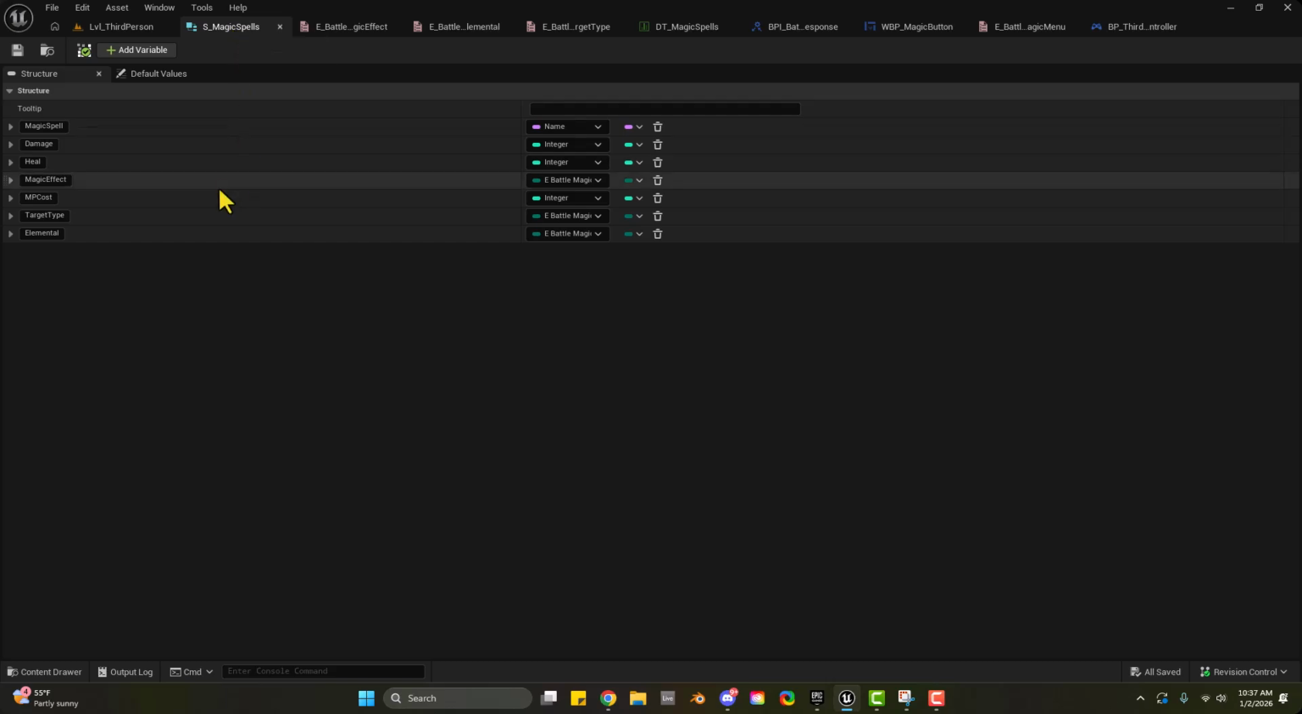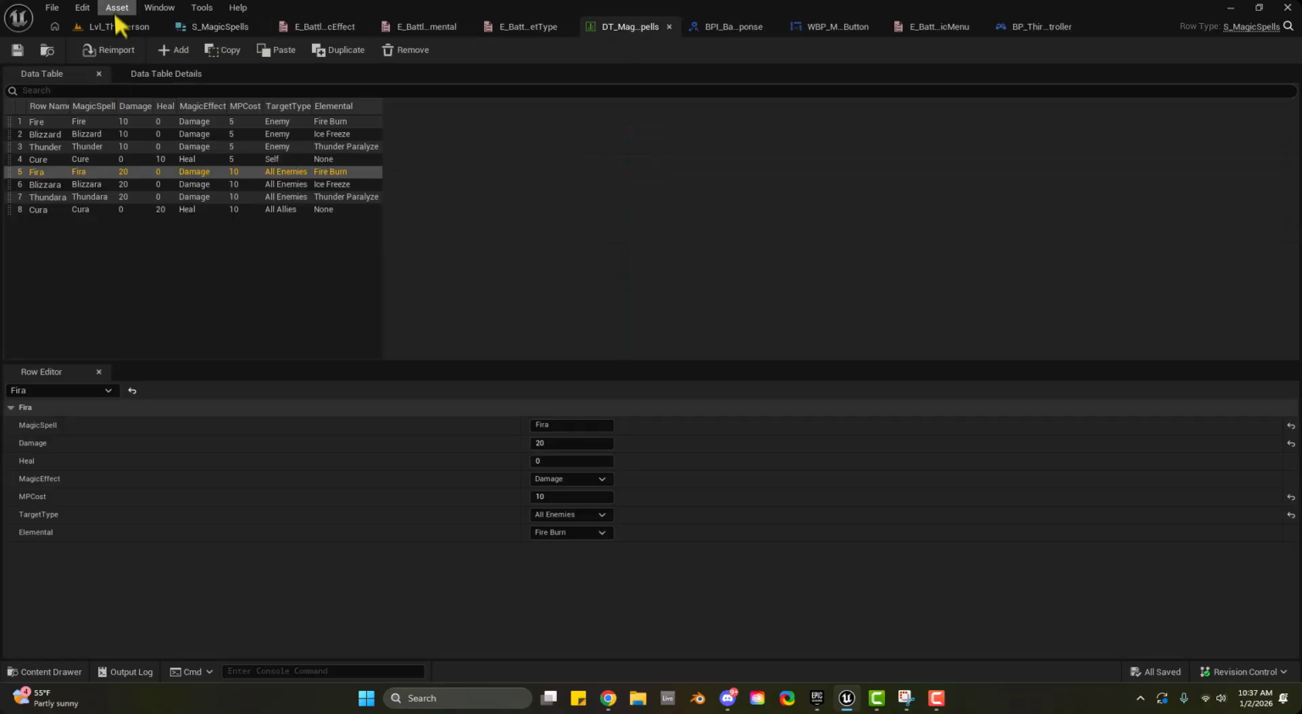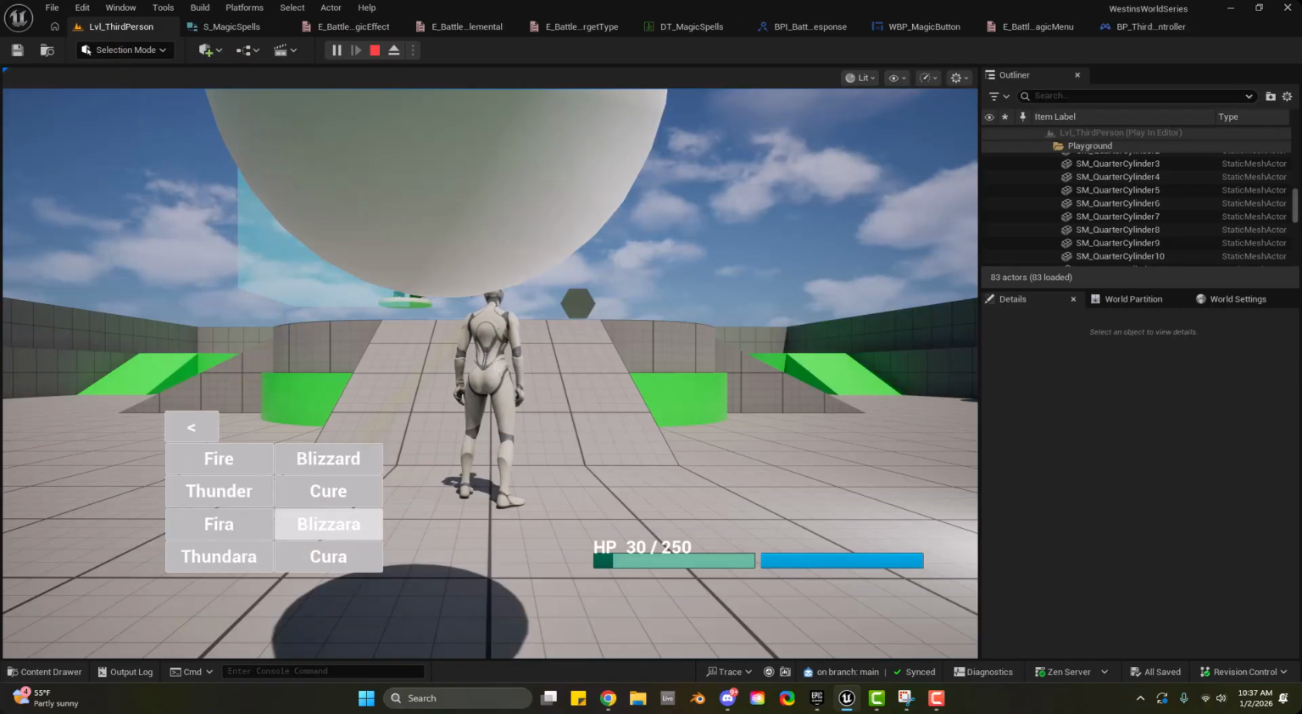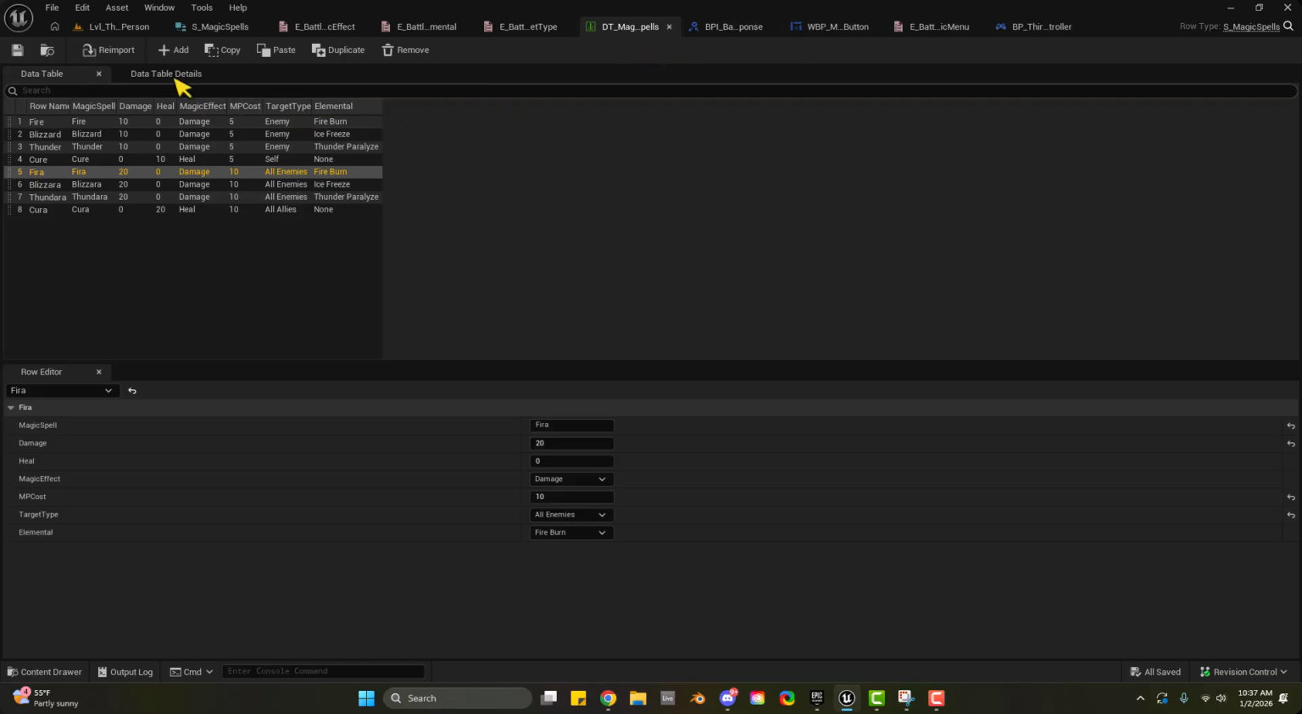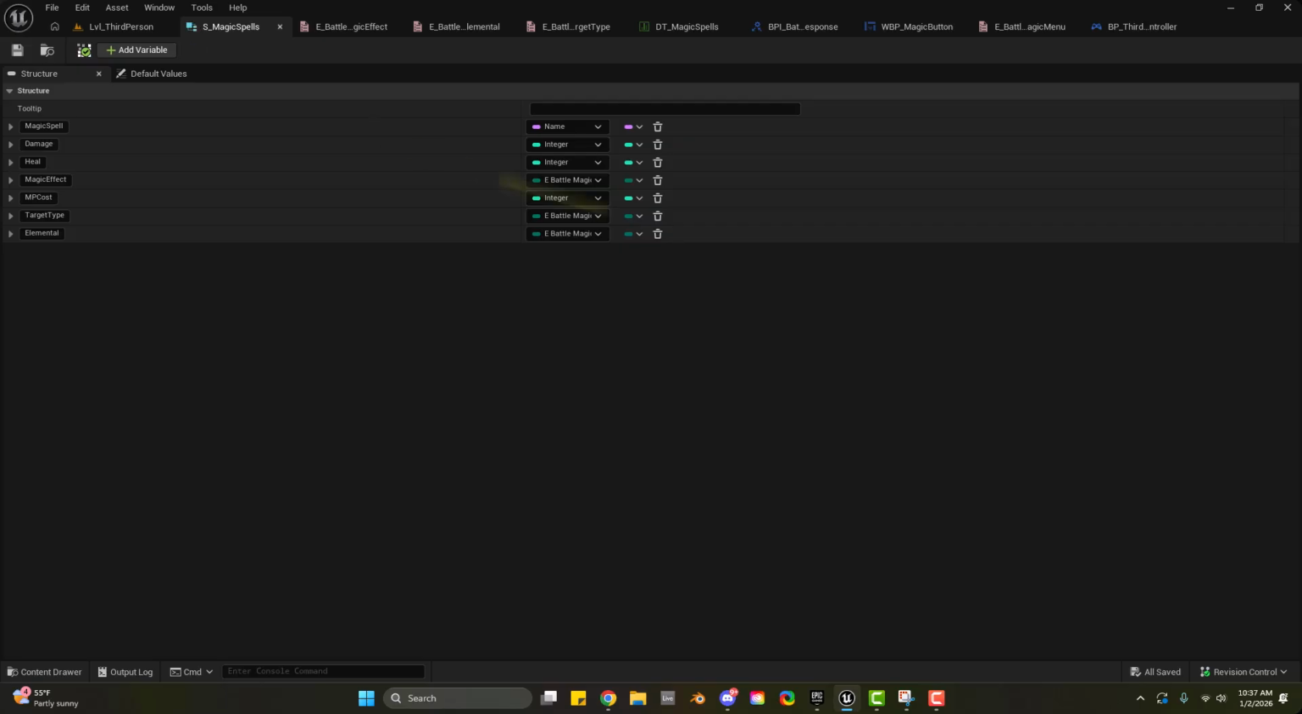I started with the struct, and the reason is I needed to map data to the magic buttons. So when you need data, like we've covered in the prior episodes, you need to start with a struct. So the struct maps out the columns that will apply for each data table. For here, what we needed was the name of a magic spell and a name type, some numbers like damage and heal,